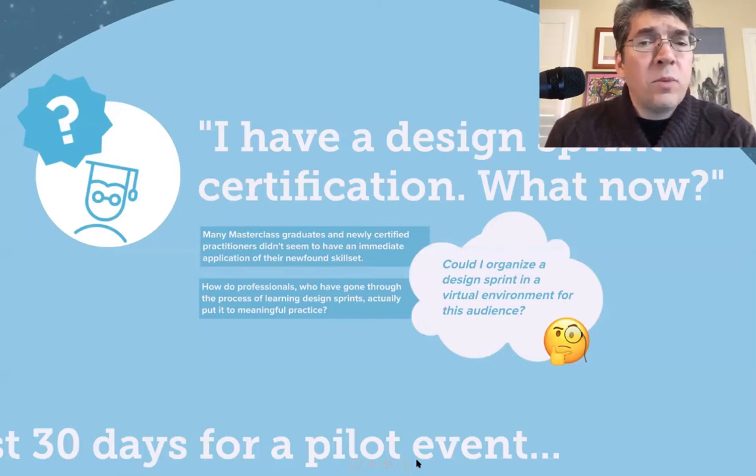For some that were in enterprise environments or businesses that did design sprints, it was just a no-brainer. You just took what you learned and moved forward with it and applied it in a fashion that seemed appropriate. But for others, it was like, well, I don't have any practical experience with this. I have the certification. I'm really enthusiastic. I'm really excited to get started. But how do I do that?